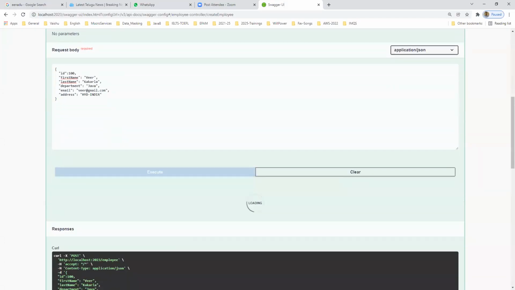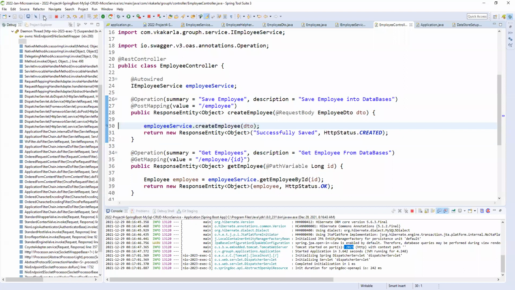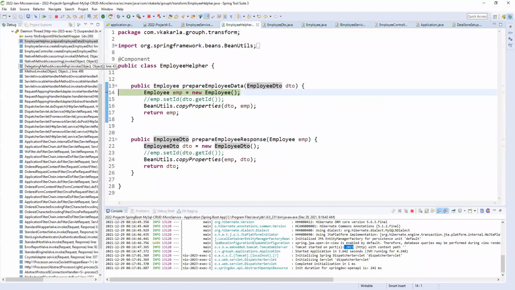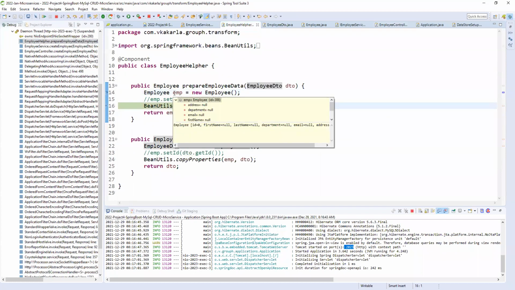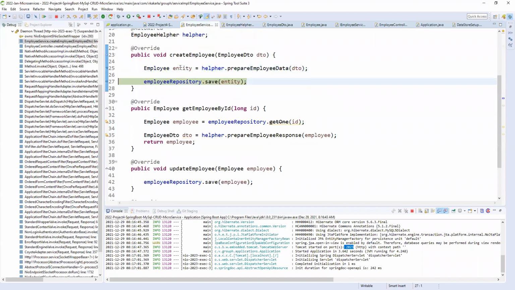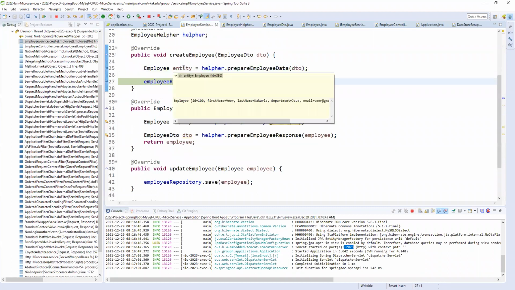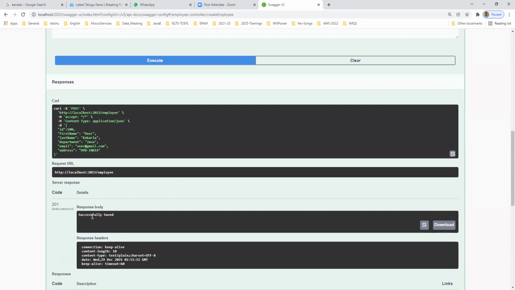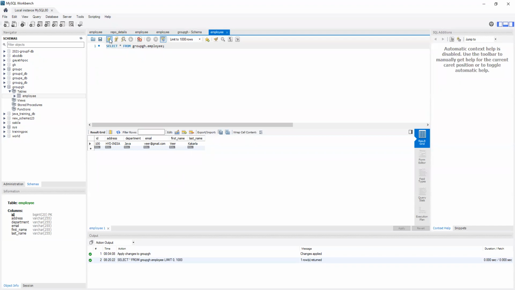I'm clicking again here and resuming. It will come here with the values. The employee was empty, and now it has values. We are passing the same object, the same 100. It will show, as expected, successfully saved. But here you can run the same thing, and it will not save any new data. Instead it is overriding the values, updating them. By default it will update, overriding the values.